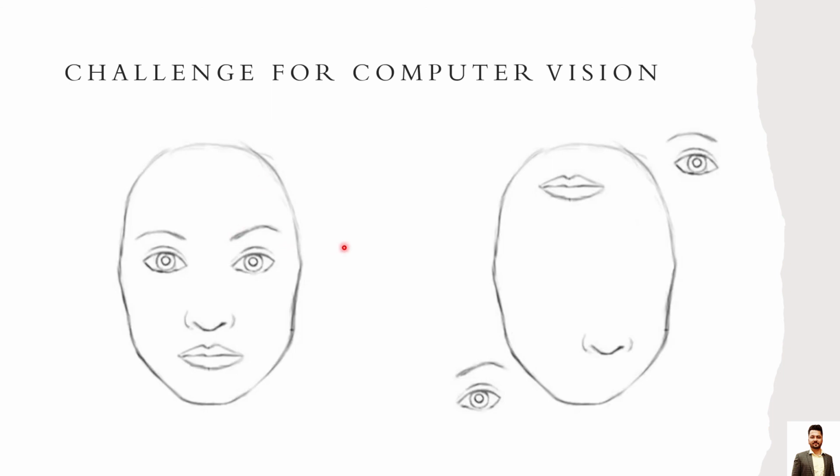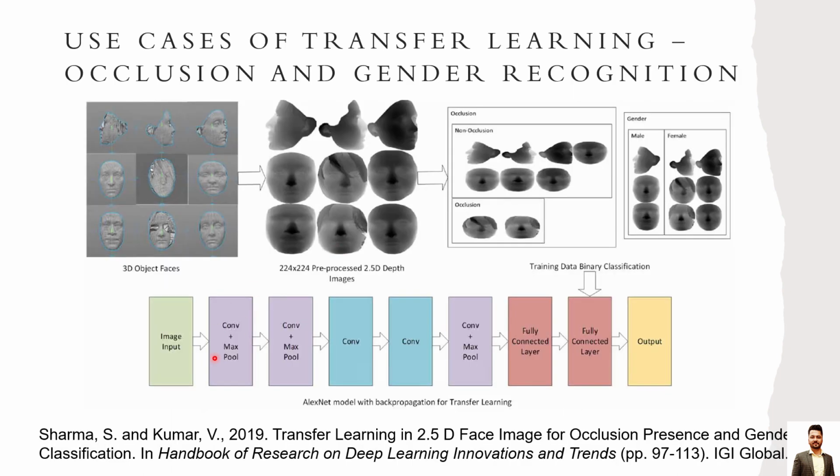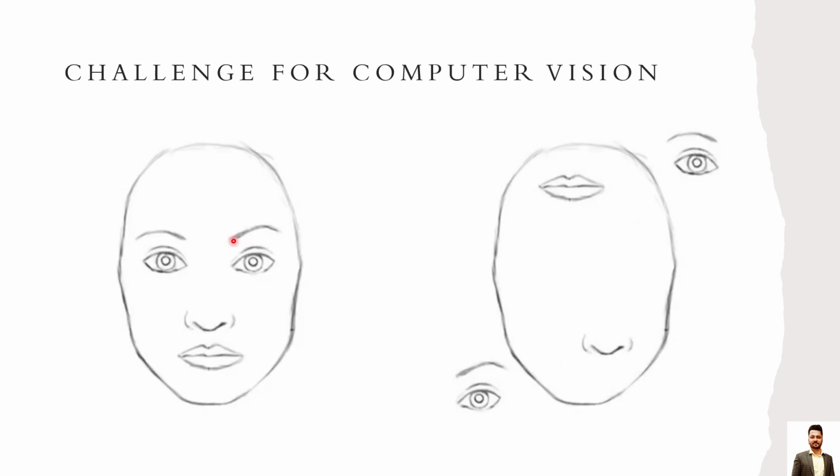So let's say that in the initial layers of AlexNet, we are dealing with low level features. In the middle layers, we are looking for middle level features, and the final layers are working on high level features. The lips, nose, and eyes are the high level features. What are the low level features? If we are looking at an edge, whether this edge is going through this side or maybe this side.